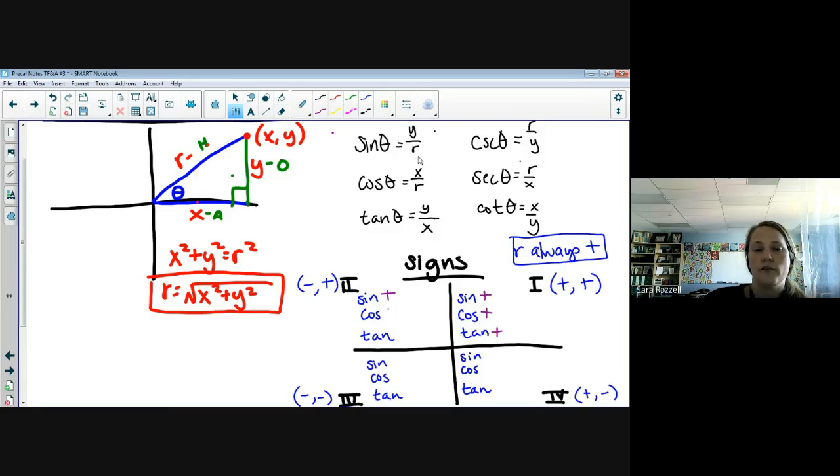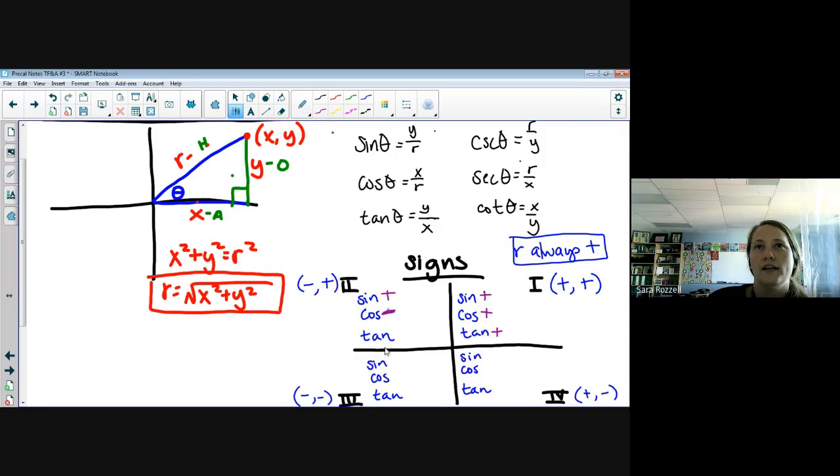Cosine. X over R. What is X in the second quadrant? What type of number? Negative. X in the second quadrant is negative. So a negative over a positive is a negative. So cosine in our second quadrant is negative. That was our first negative number. Tangent, Y over X, which is a positive over a negative. Positive over a negative makes a